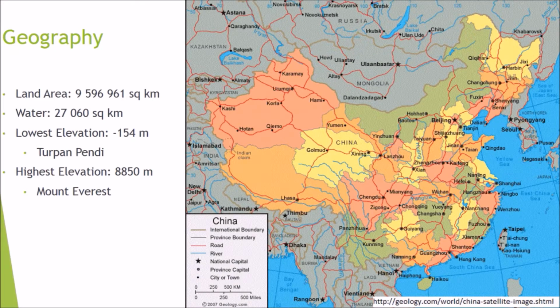China. At around 9.6 million square kilometers, China is just a bit smaller than the United States by total land area. Climate ranges from tropical in the south to subarctic in the north. China's lowest elevation of minus 154 meters at Turpan contrasts the peak of Mount Everest on the China-Nepal border at